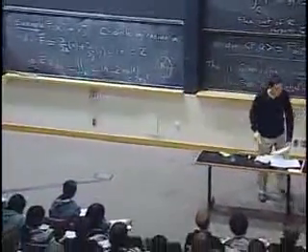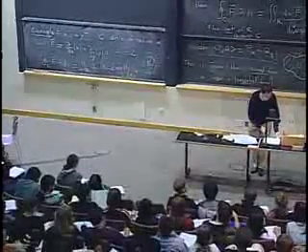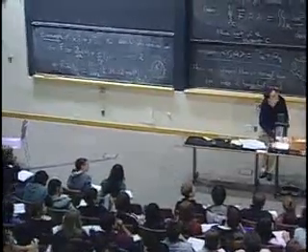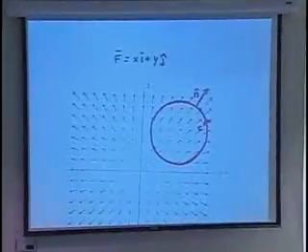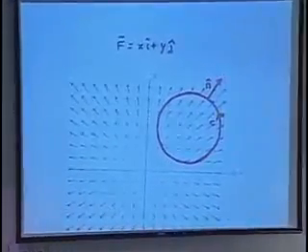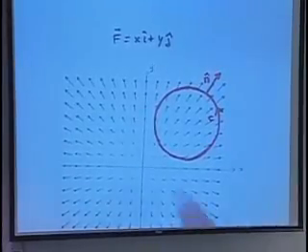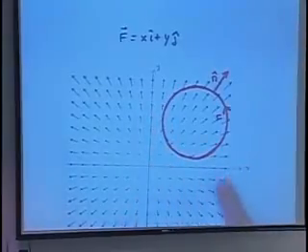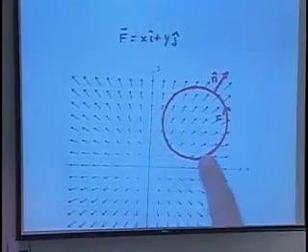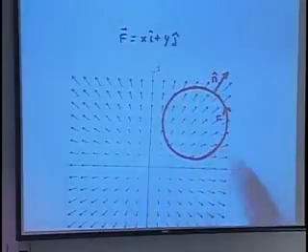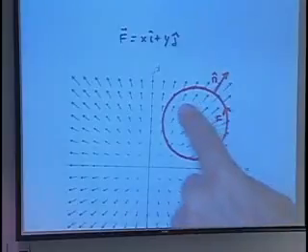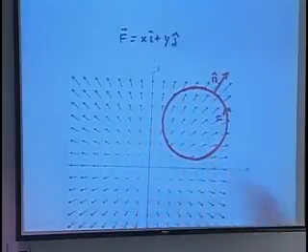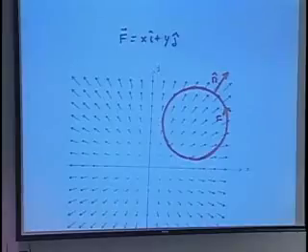So now we can even do better. Let's say that my circle is not at the origin. Let's say that it's out here. Well, then it becomes harder to calculate the flux directly. And it's harder even to guess exactly what will happen because on this side here, the vector field will go into the region. So the contribution to flux will be negative here. Here it will be positive because it's going out of the region. So there are positive and negative terms. It looks like positive should win because here the vector field is much larger than over there. But short of computing it, we won't actually know what it is.